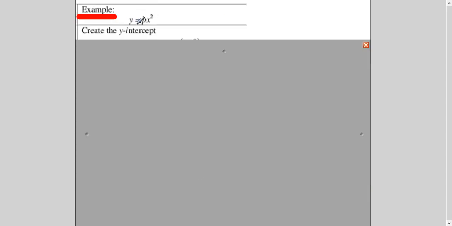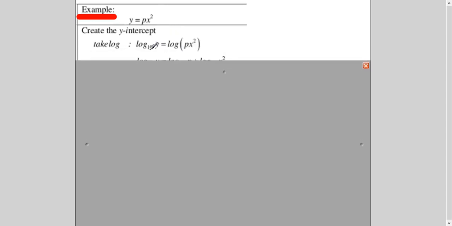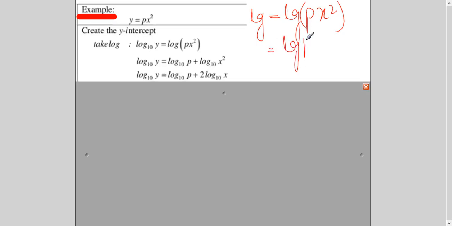Let's see this example. Again, an exponential equation. I just told you the moment you see exponential, you will apply log on both sides, or ln. Depends. Like if you have e here, better to take ln because ln e is 1. It makes things simple. Otherwise, both ways are right. So after taking lg on both sides, I usually write lg. lg means log base 10. So if I take lg on both sides, same thing I will do, apply the product rule and then the power law. So this side I will have lg p plus lg x squared. When I apply the power law here, it will be 2 lg x, which is written here.